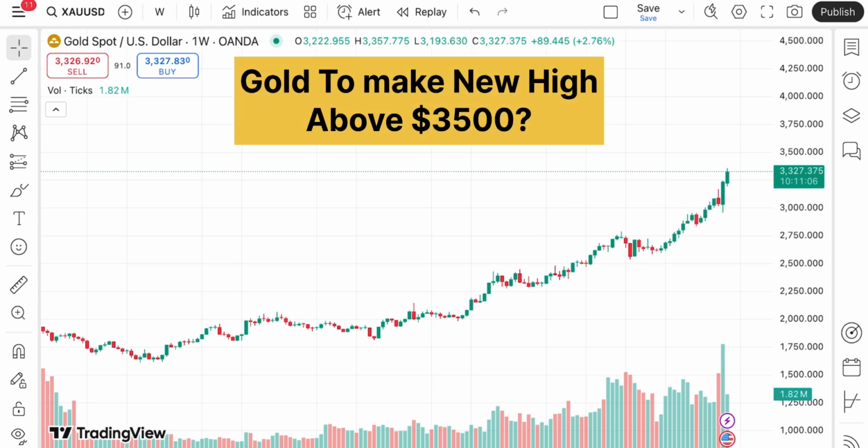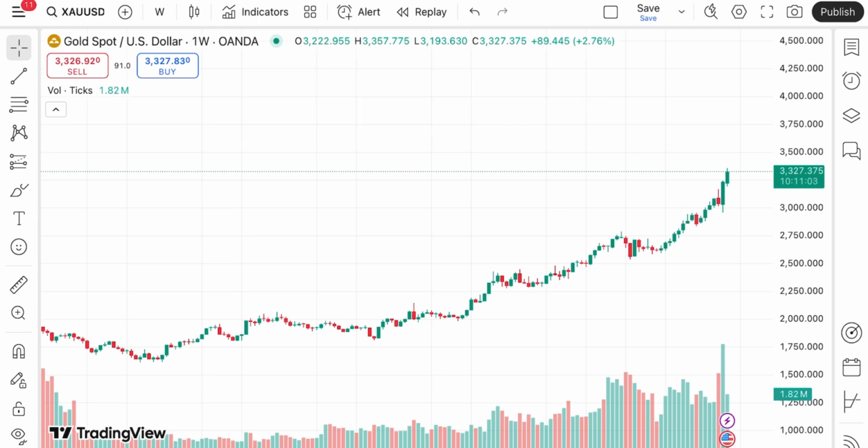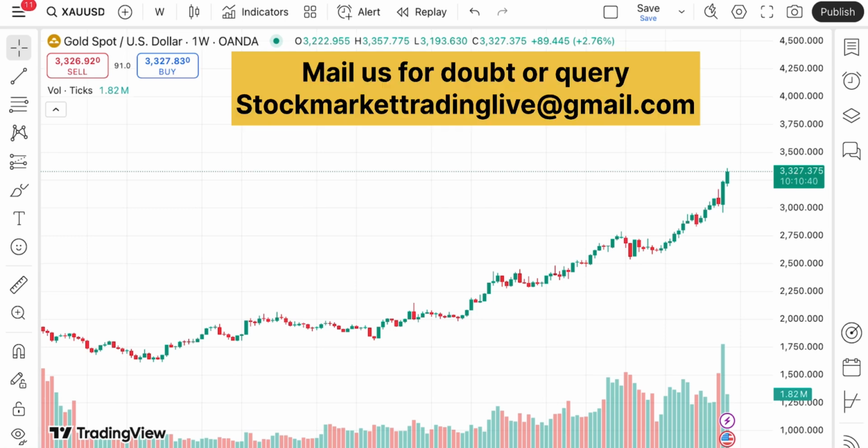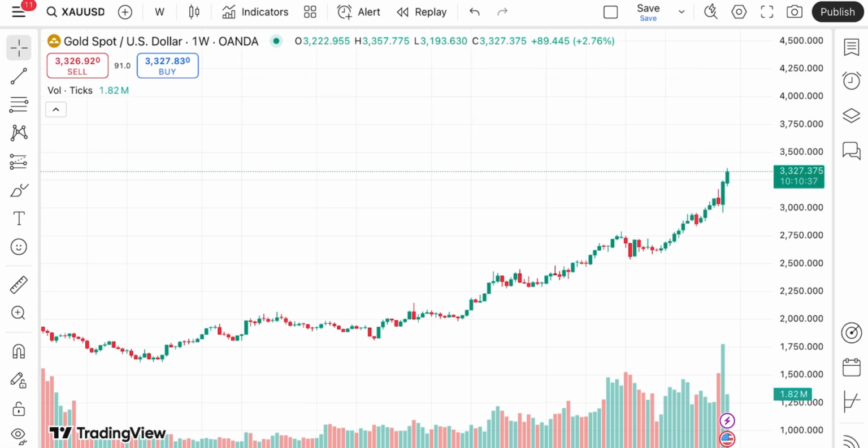So today in this video I'll explain how the price of gold has moved in the last week and how it can move in the next week. If you look at the chart of gold, it has been on a roller coaster lately. If you're wondering where gold is headed next week, we'll see in this chart, where I will explain it with respect to the dollar index as well as the policies that have moved gold. A few of the factors responsible for the gold movement are the dollar index as well as Fed policies.